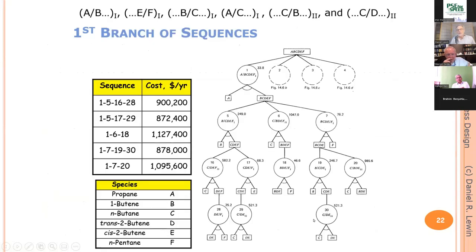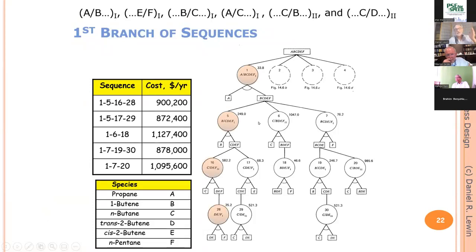Because we now do branch and bound. We take your original separation, which is A, B, C, D, E, F. That is what is appearing in the root here. And we take each of the branches of that root according to the first step in all possible sequences, starting from that first step. For example, we could first remove A from B